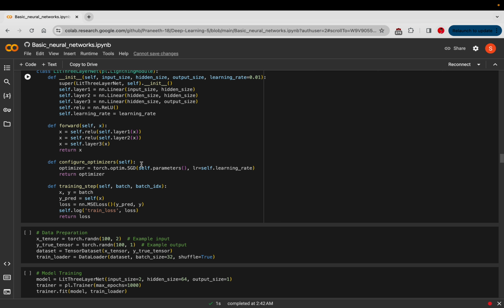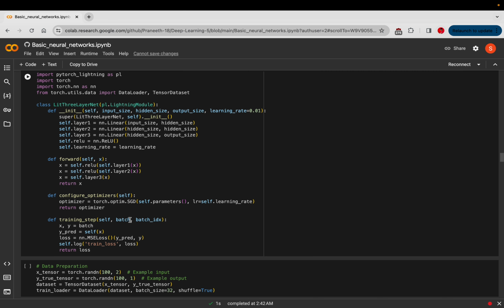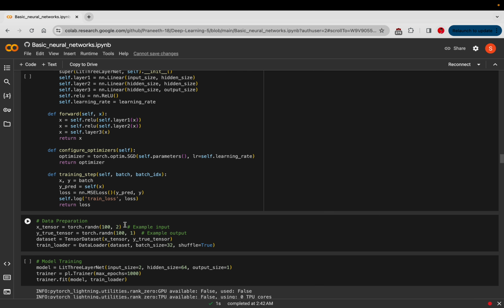In the configure optimizers method, it should be, yeah, it's here. And then we prepare the data using the PyTorch DataLoader, just like this, the DataLoader and the TensorDataset suitable for training. And then we